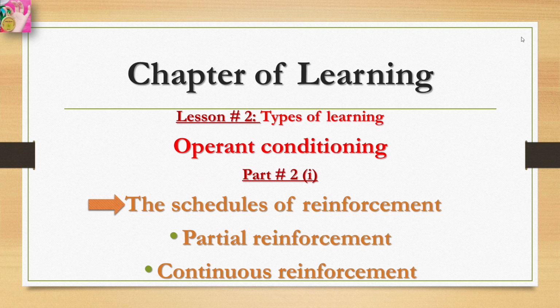So the timing of reinforcement can make a tremendous difference in the speed at which learning occurs and the strength of a learning response. Skinner in 1956 found that reinforcing each and every response was not necessarily the best schedule of reinforcement for long-lasting learning. But what are the schedules of reinforcement? We will learn about all the schedules of reinforcement in this series. So, start with the partial reinforcement effect.